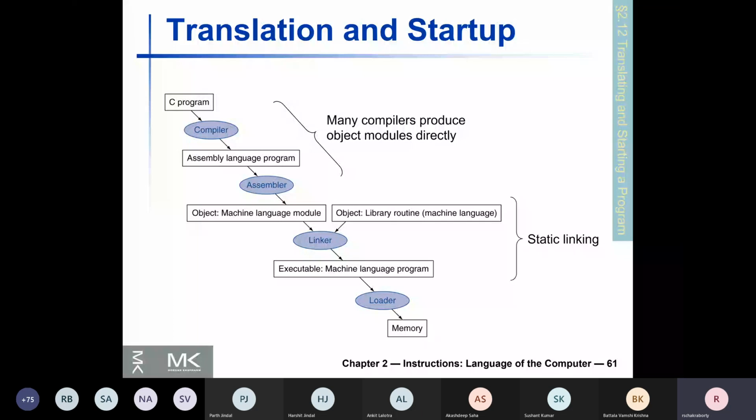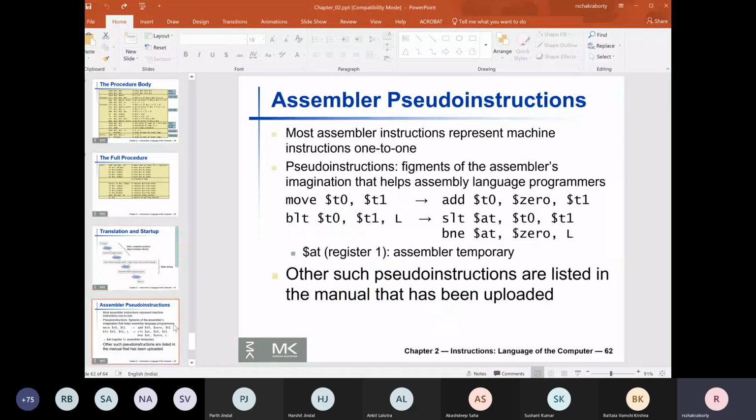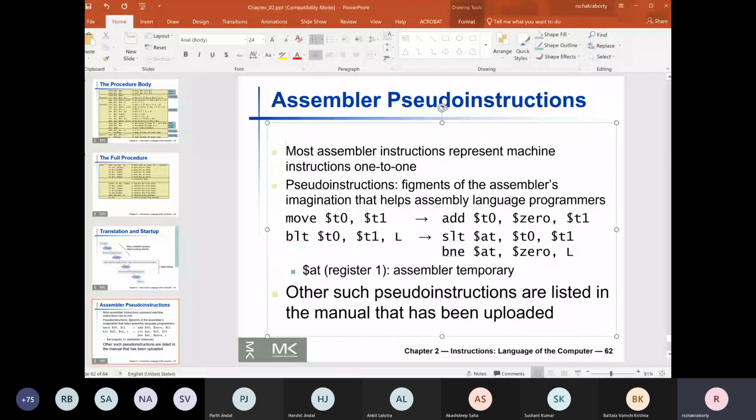I don't remember whether I mentioned this. If you want to generate assembly language programs directly, you can give a flag to GCC: type minus capital S, let's say gcc -S hello.c. This is going to generate a file hello.s, an assembly language file.